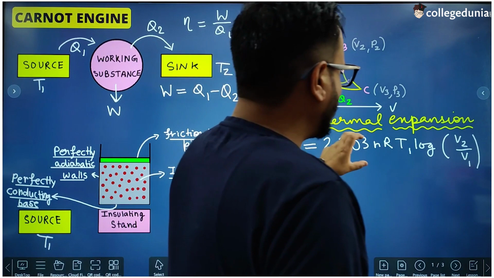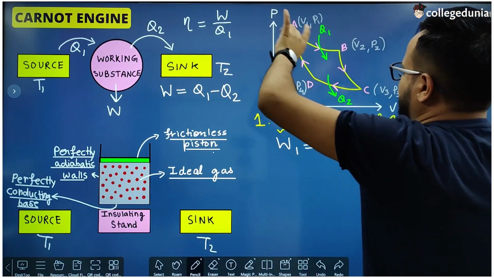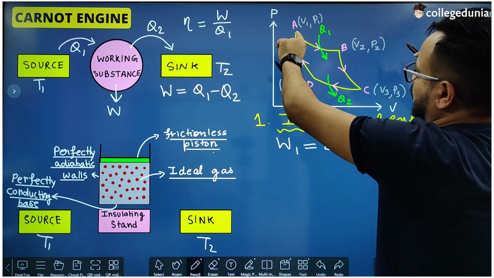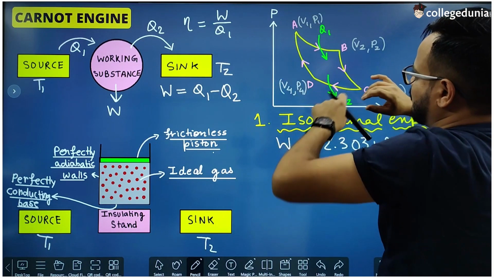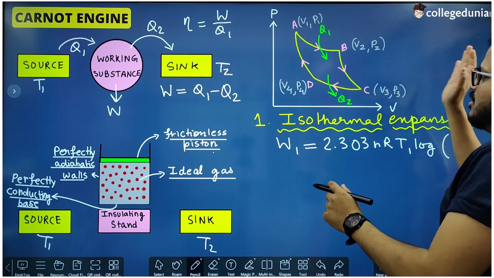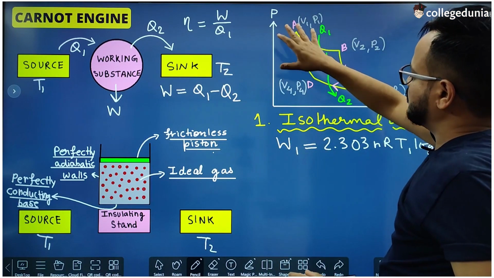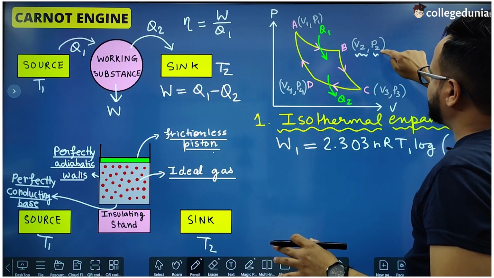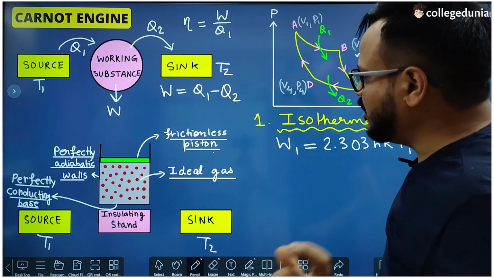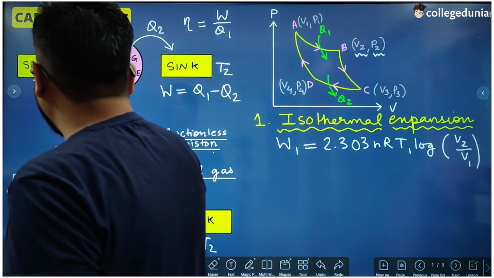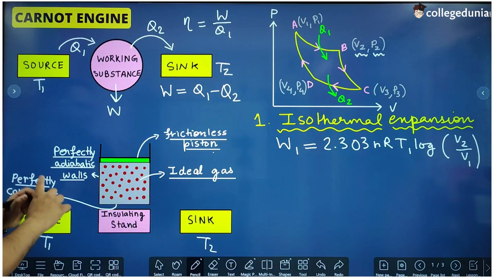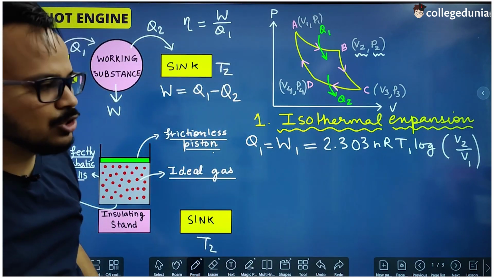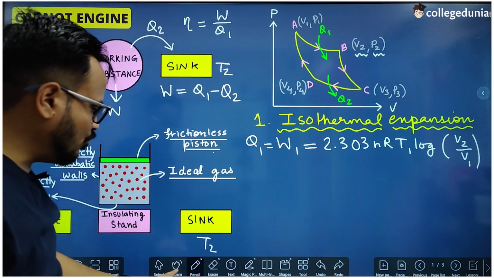So this whole thing is being shown in this PV graph. We are starting from this state A, when the volume of the gas was V1 and the pressure was P1, and now the volume is increasing in this case. So this gas comes to state B when the volume becomes V2 and the pressure becomes P2, right? And during this it has absorbed a heat Q1, and since the whole of that heat is used in doing the work, this W1 should be equal to Q1, right? So this was step 1.